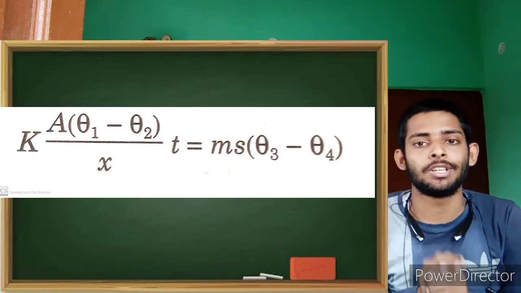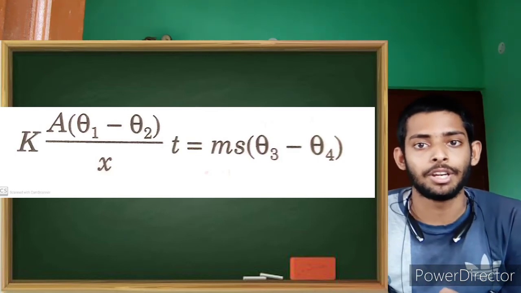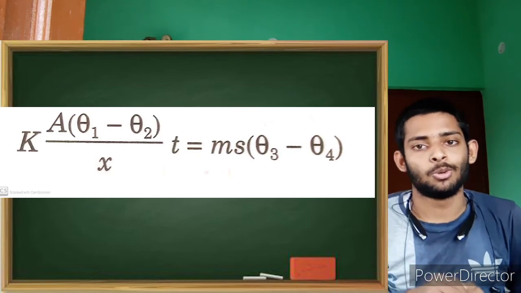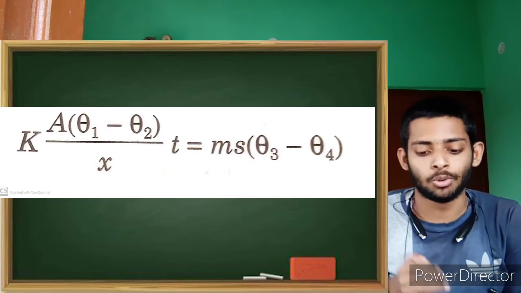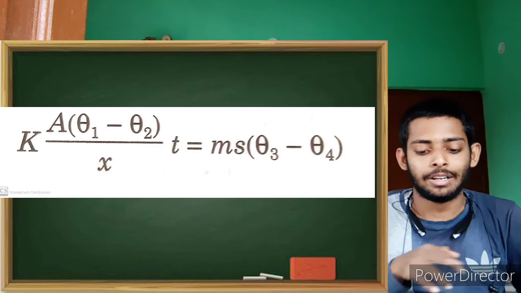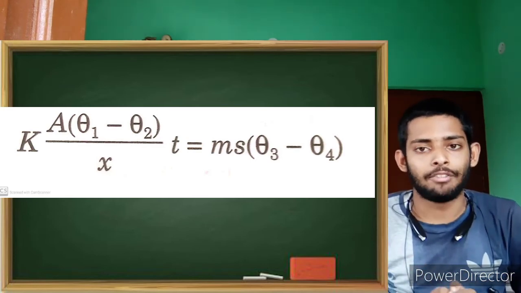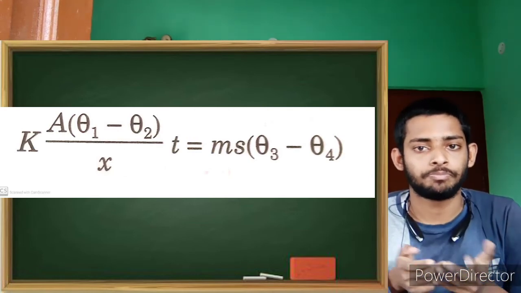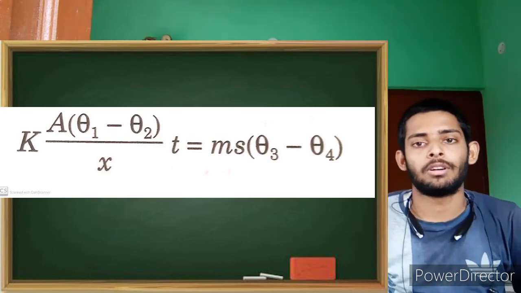From this equation we can calculate the value of K, the thermal conductivity of the metal. So yes, we got the thermal conductivity of the metal, because we know the temperature difference delta T between T1 and T2, and we know the amount of heat energy absorbed by the water. So finally we got the thermal conductivity of the metal.